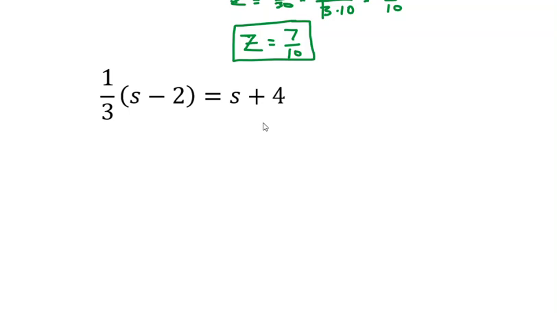and then apply the addition property of equality, adding to get all the s's on one side and then adding to get all the non-s's on the other side. Sometimes it might be helpful to start with the multiplication property of equality. It says that I can multiply both sides of this equation by the same thing, and it will still be equal. And so if I choose to multiply both sides by 3,